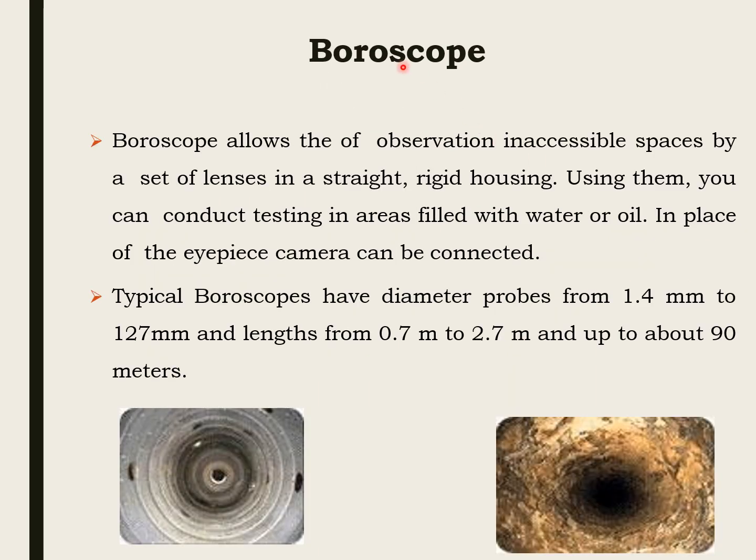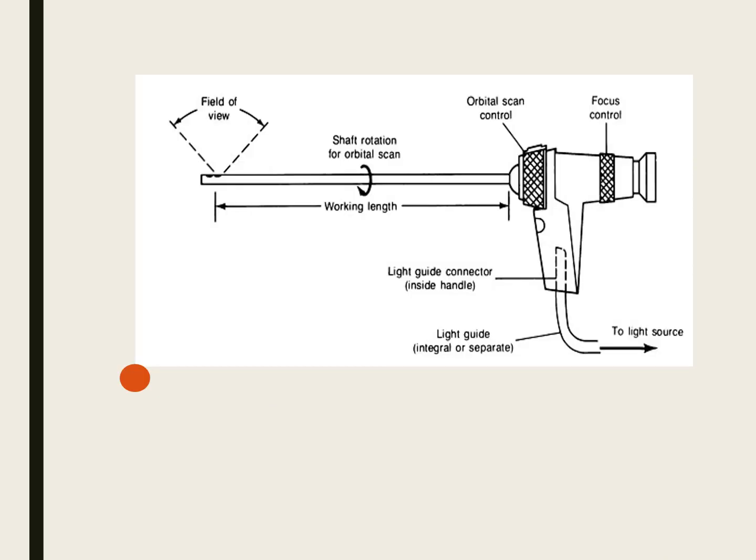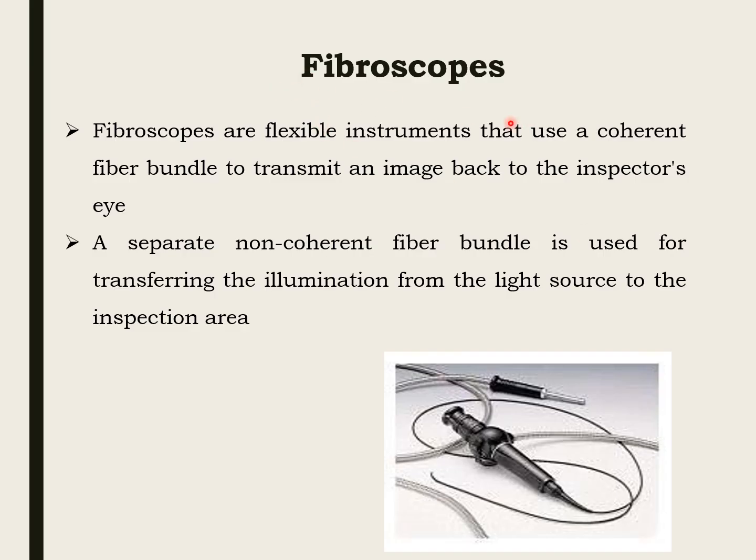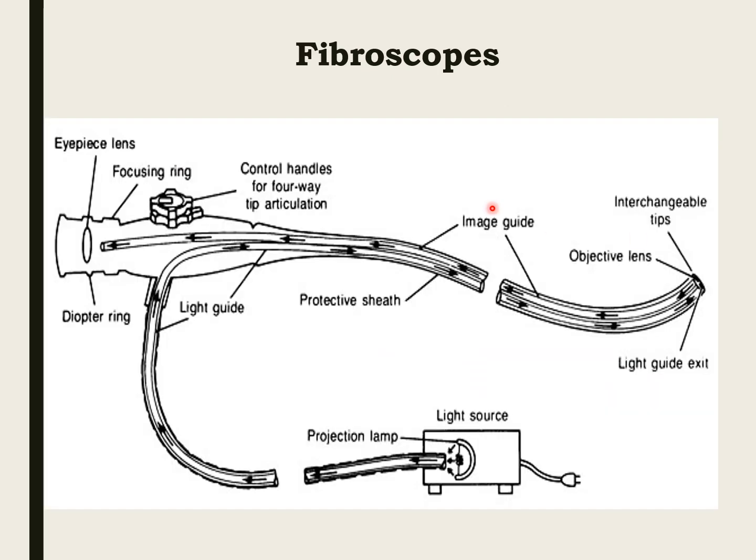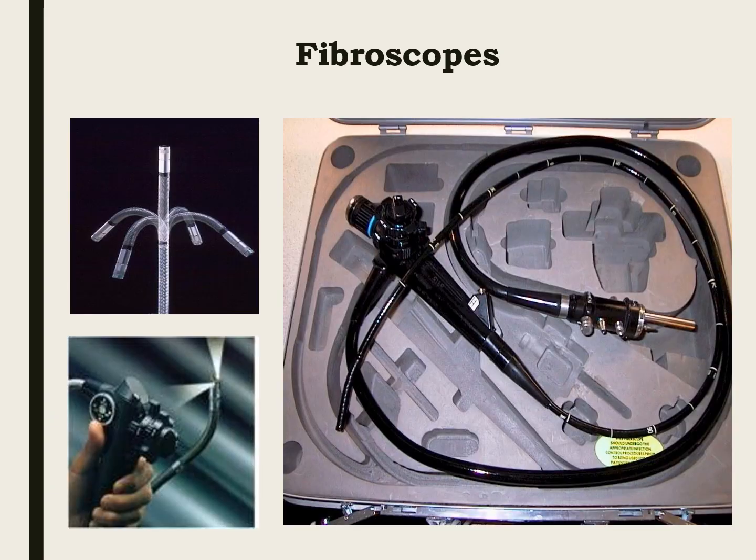Then we went on to the function of a boroscope, right? What is a boroscope? A boroscope is used where it is impossible to access certain spaces, for example, long tunnels and long pipelines. All these areas are inaccessible to the human eye, so there we have to use a boroscope. It's sort of like an endoscope. We also discussed the construction, and also what are fibroscopes. They are similar to an endoscope, similar to the boroscopes, except that coherent fiber bundles are used, and the construction of the fibroscope was also discussed.